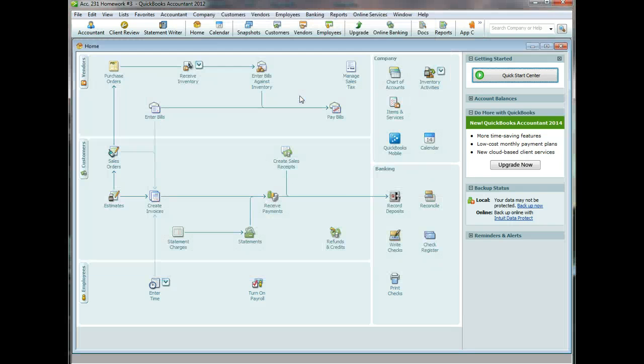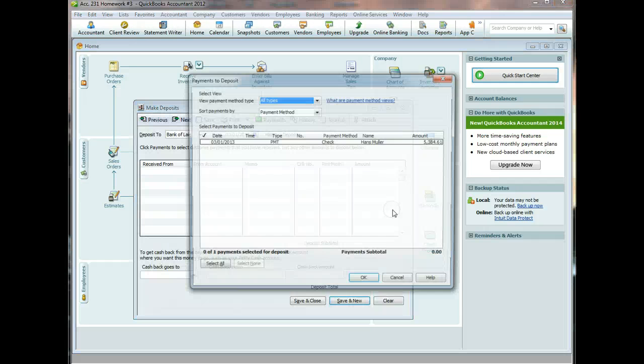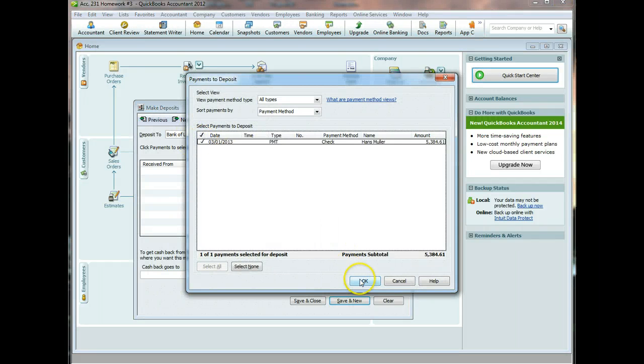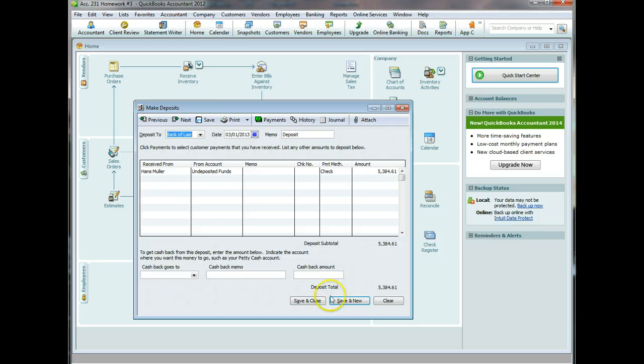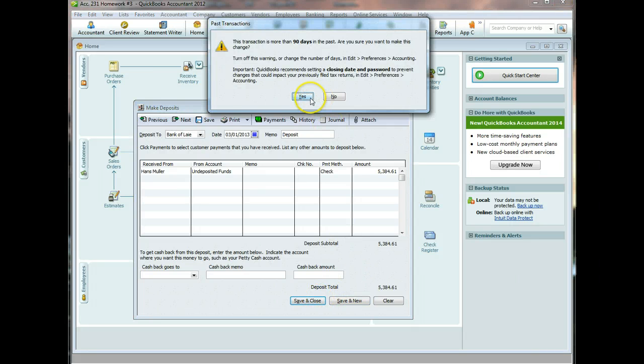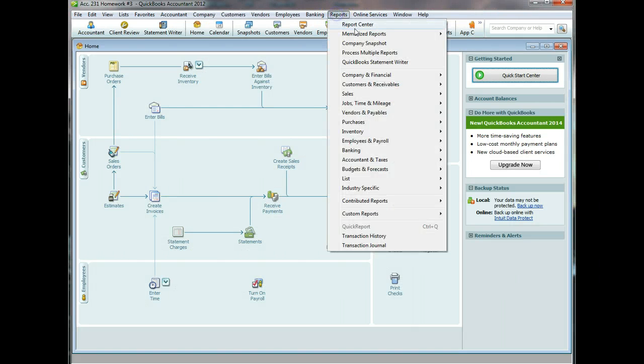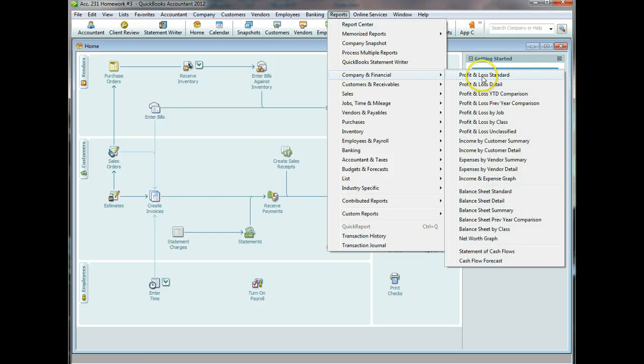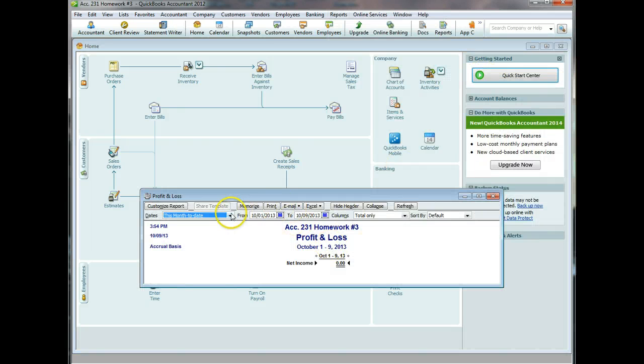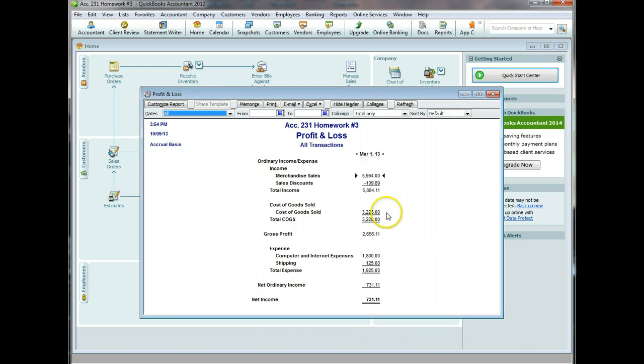Don't forget, we just got a check. So we hit record deposit, click, get this into the bank right away. Don't let checks sit around. Because if I did a balance sheet, okay, and let's just do all, and I saw undeposited funds, that would be incorrect. That would be wrong. Okay, now, the income here is $731.11, but we still have 2 more things we need